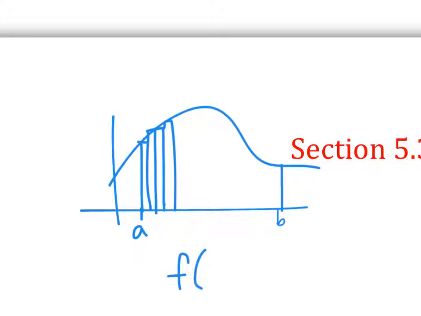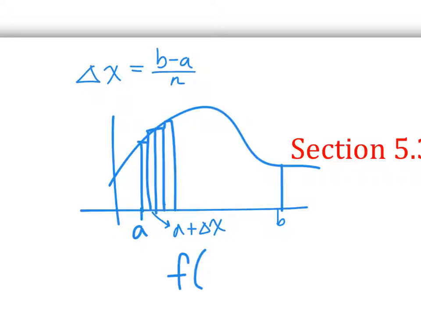Okay, so then the interval size is going to be B minus A over N. N is the number of intervals, B is the end point, A is the starting point, and this is how wide each base is going to be. So in order for us to get from the first point to the second point, we need to add a delta x, right? This is how we get to the next one. And then to get to the next one, you add 2 delta x and 3 delta x and so on,